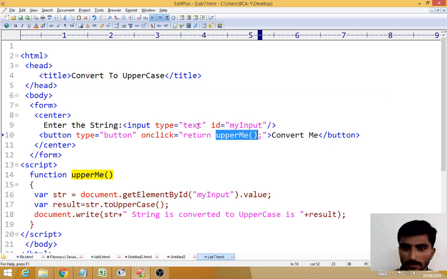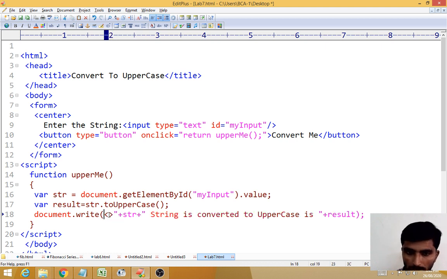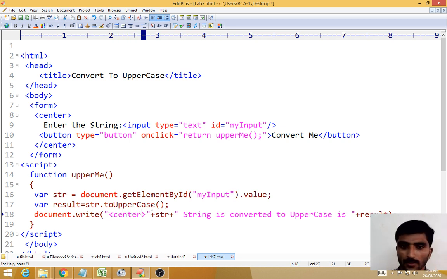Just I want to write something here. I want to make it centered, right? For that we use another tag, that is called center. Within JavaScript, if you are using HTML code, you have to write like this. If you know the Java code, then you can write easily.